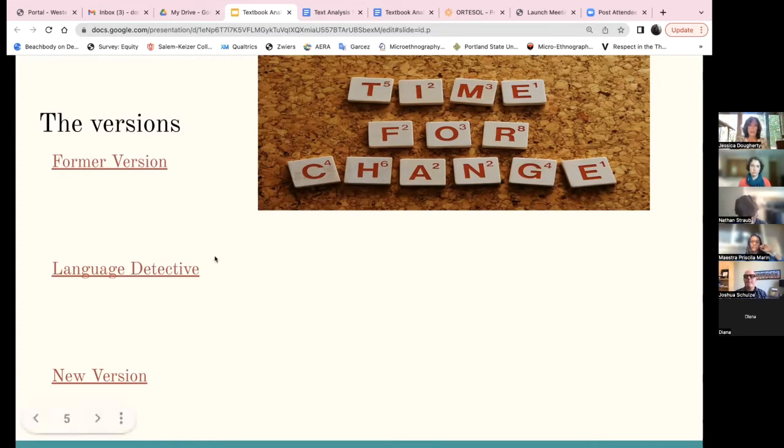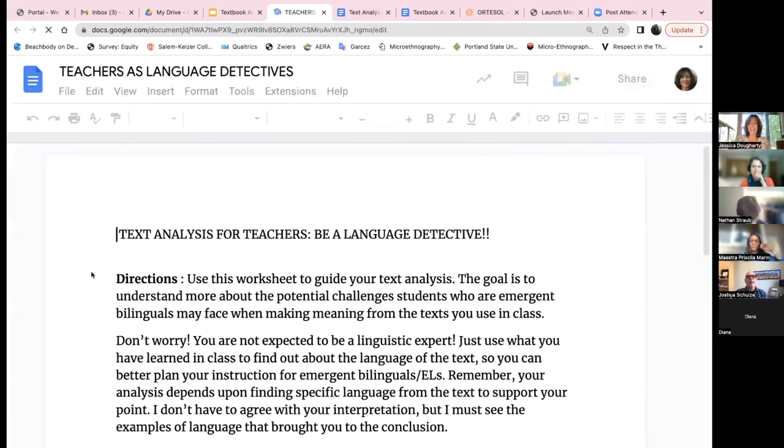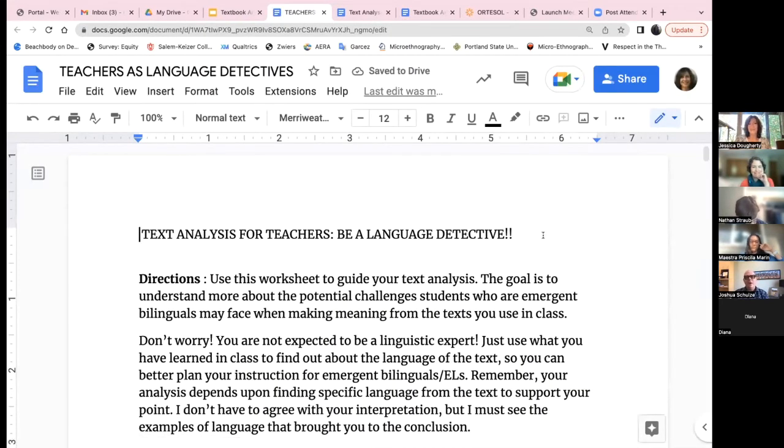So Josh, we looked again at former and new versions, and we haven't yet looked at Language Detective. Okay. And do you want to, can you click on that? Or, I would need to open that, wouldn't I? Yes. Okay, so this